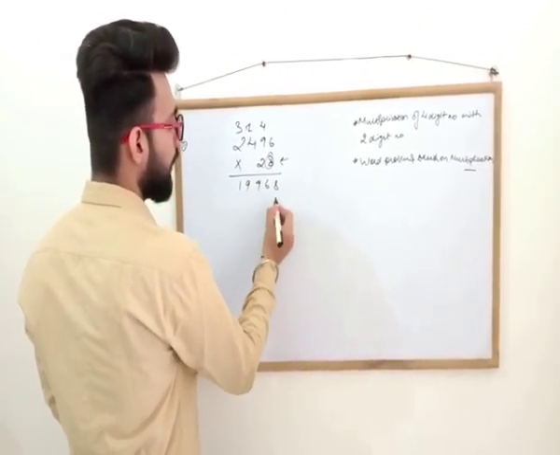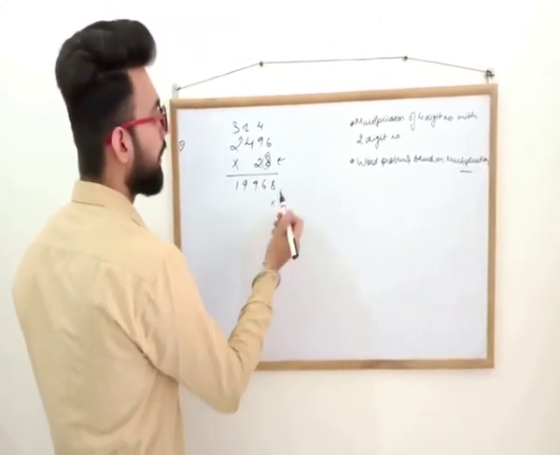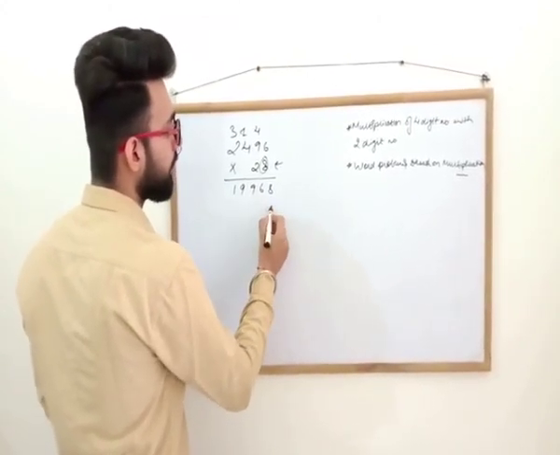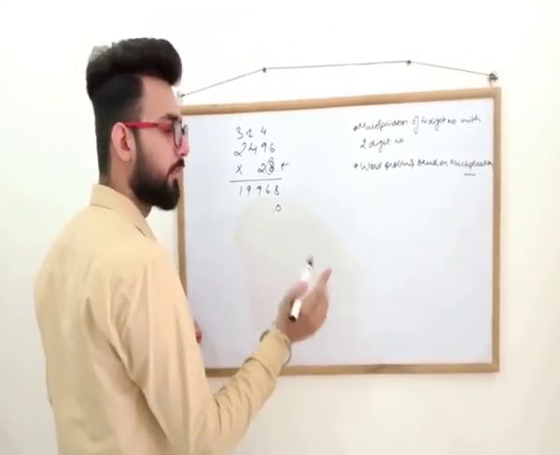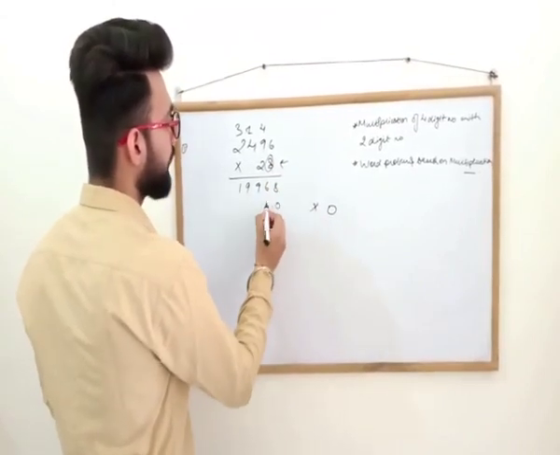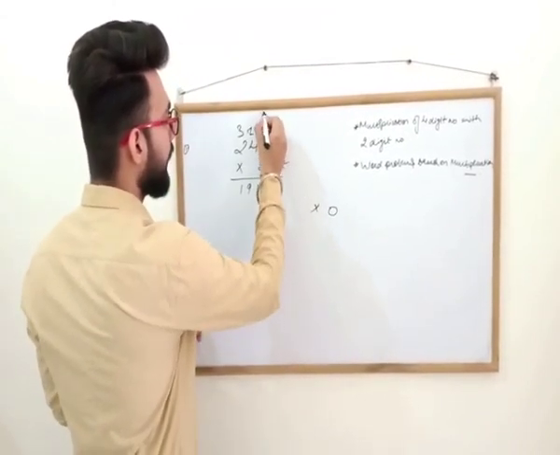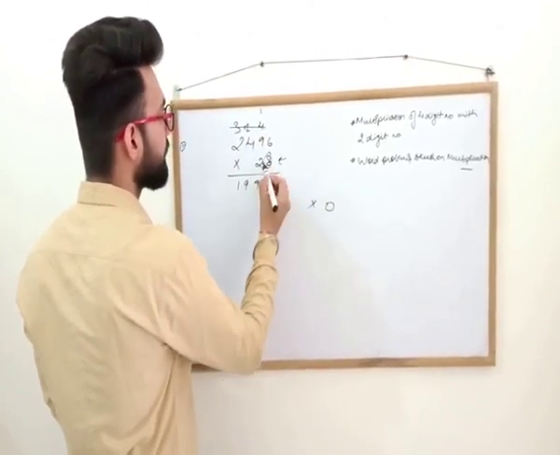Now, basically, people use a cross here. You can even use 0 over here. It doesn't matter at all, it won't make a difference. You can use either the cross or 0. Then 2 sixes are 12, carry 1. We need to ignore the earlier carry now. You can cut it also like this.